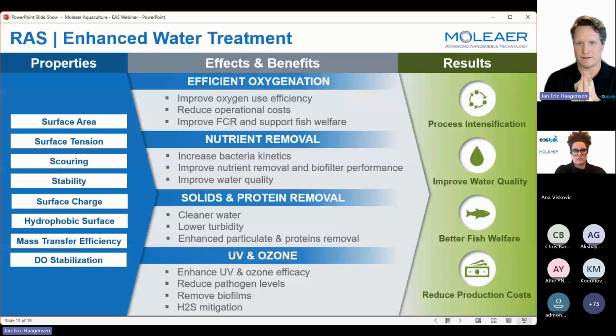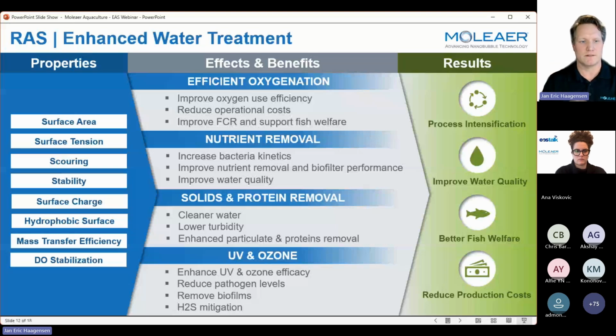I'm going to get more into that. That's the most important part, the most interesting part here. That improves the nutrient removal and biofilter performance and gives you better improvement of water quality, and I would add capacity. In the solids and protein removal, you're taking out these particles, cleaner water, lower turbidity, giving you, because of the coagulation effect,